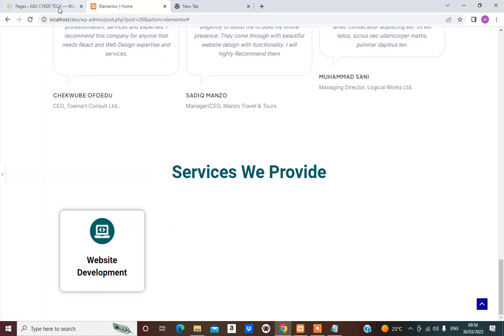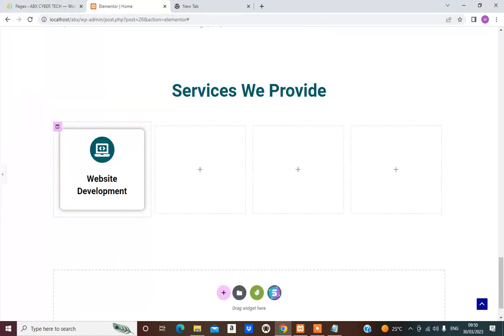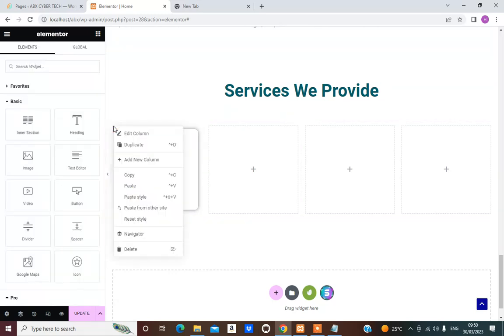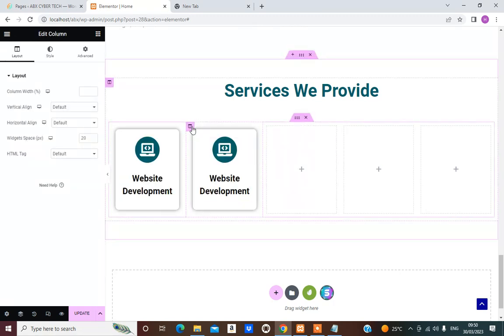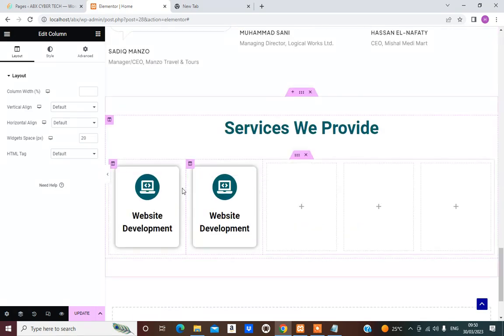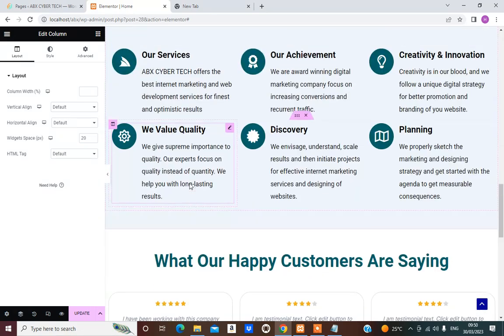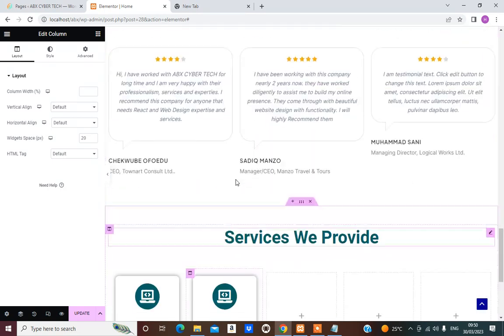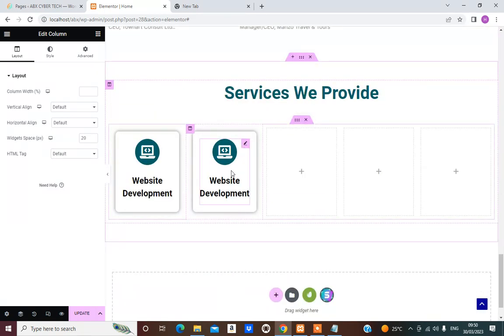Okay, website development. Then the next thing is I can duplicate this as well. Duplicate. You can use icons to denote your services. You can also use pictures. But for now, I'm just using an icon here. Otherwise, you can use picture, right? So the next thing is